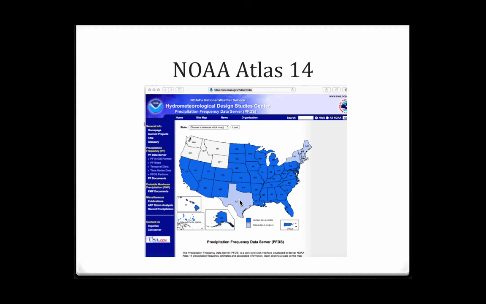The blue states are states that are currently in the precipitation data server, the dark blue states. The light blue states are ones whose political affiliation is undecided this next election. No, just kidding. They're the ones that are supposed to be included in the data server in the next few years. Now, an interesting point,